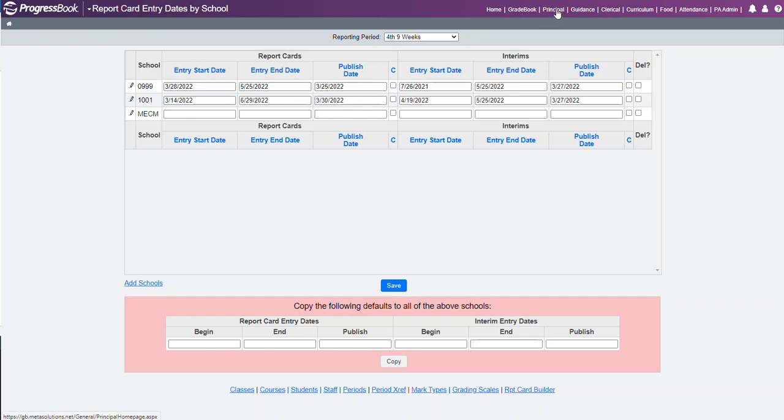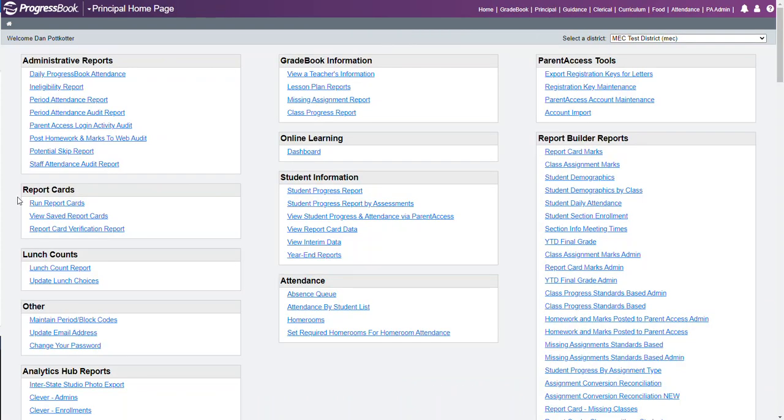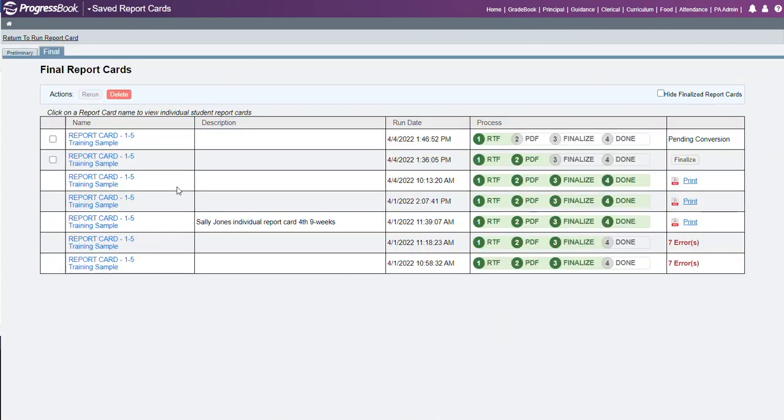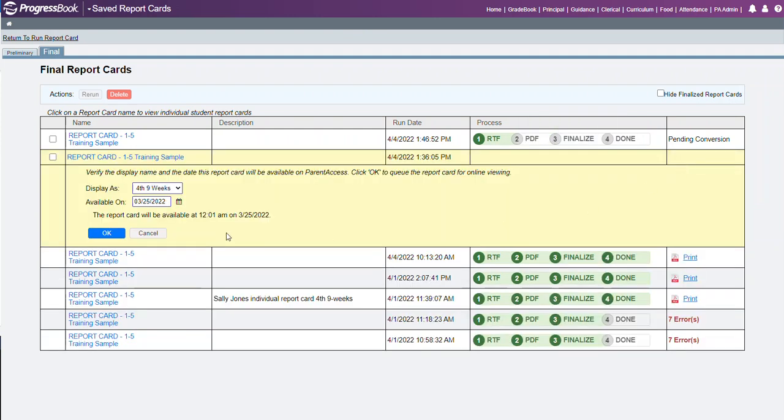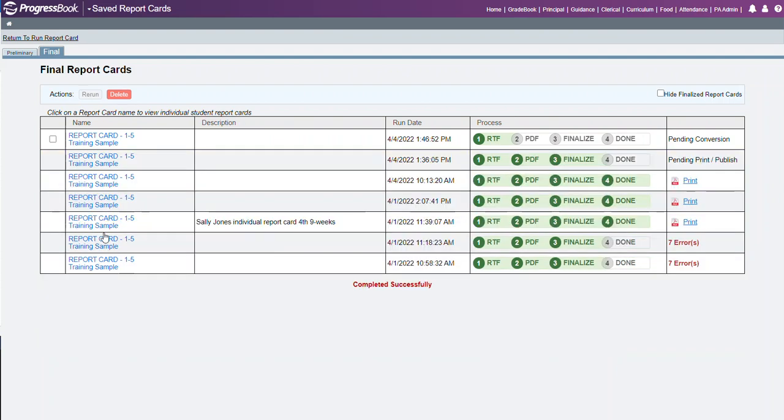So we jump back to the principal or clerical screen, it doesn't matter. Go back to the view saved report cards, and then we click, okay, that looks good. We go back to finalize, choose, make sure the date looks good. We then click OK. As soon as we click OK, it now goes from the pending conversion to the pending